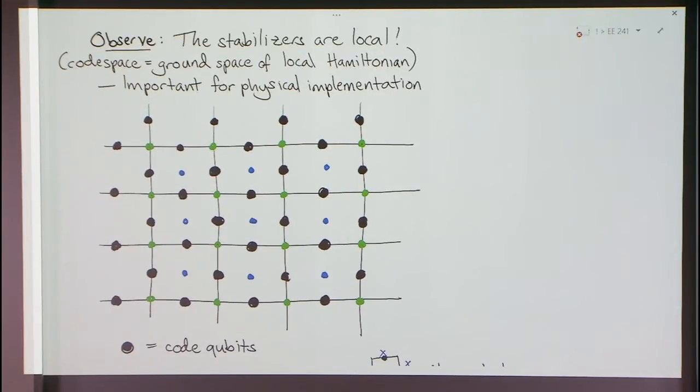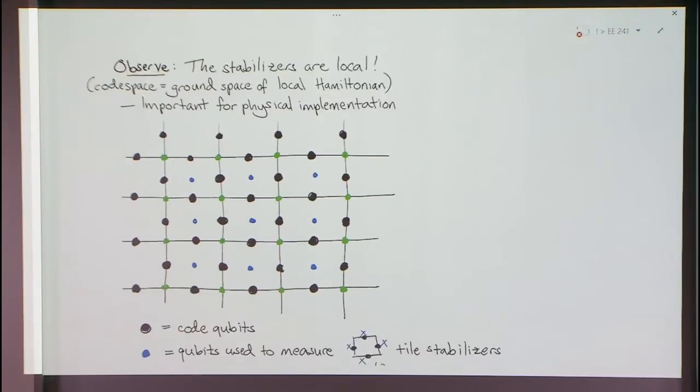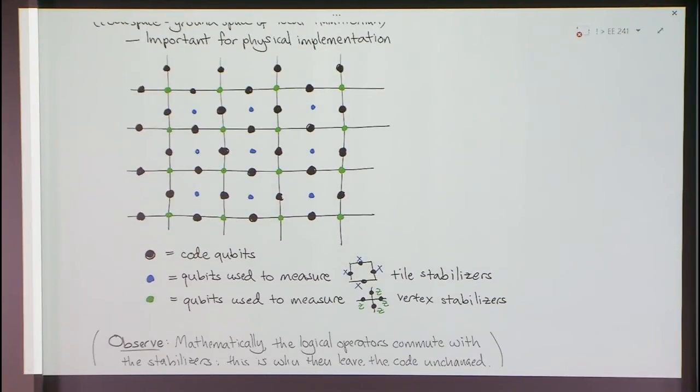Most people are thinking, you have this 2D lattice of qubits. These black qubits are the qubits that are actually used in the code. These are the ones that store the quantum information. But then you have these other extra qubits sitting around, and the point of these extra qubits is so that you can measure the stabilizers, these parity checks. So like the blue ones, which sit in the middle of each tile, you're going to use them to extract the parities in the dual basis going around the tile. And these green qubits sitting on the vertices, you're going to use those to measure the parities of the incident code qubits at that vertex.